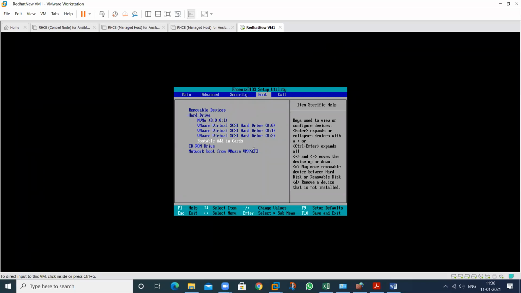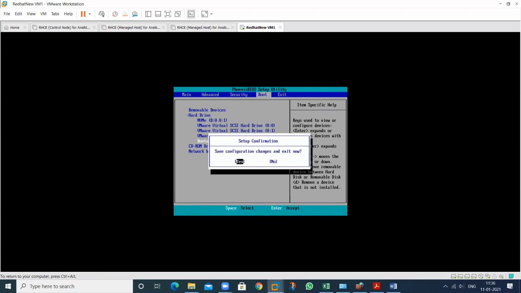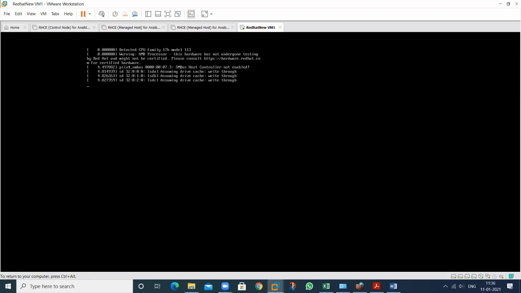So save this one by using the F10 functionality. Use the F10 button, then yes, then you are able to start your machine. See, if you add another hard disk in your system, you have to change the BIOS also. Now we are able to access my OS.